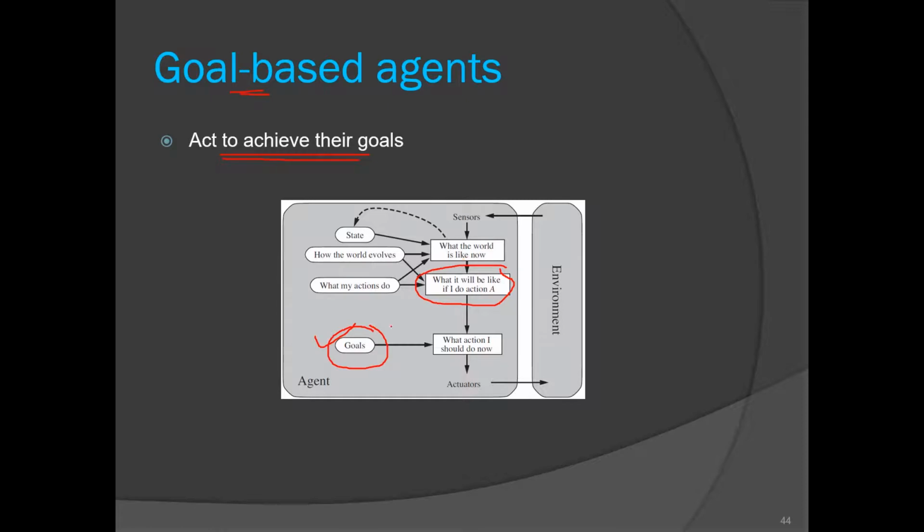This goal based agent selects that particular action which will lead to the achievement of its goal. There are multiple actions possible, and he will select the action that leads him to the achievement of its goal. That particular action will be performed.